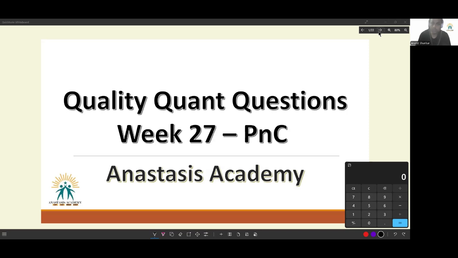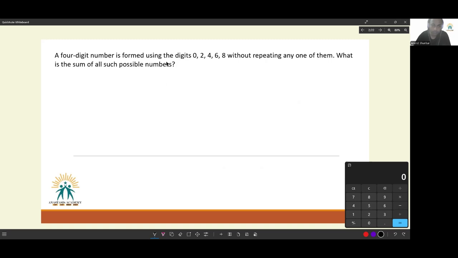Let's look at the solutions of quality quant questions, week 27. A 4-digit number is formed using the digits 0, 2, 4, 6, 8 without repeating any of them. What is the sum of all such possible numbers? Okay. Now we have to create a 4-digit number